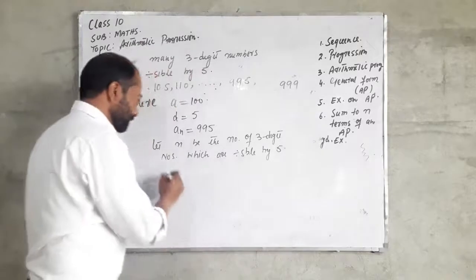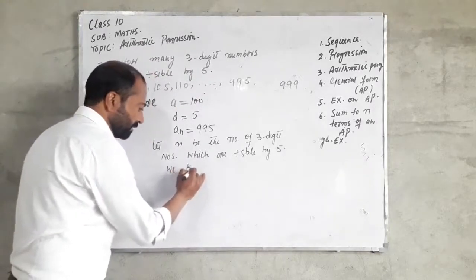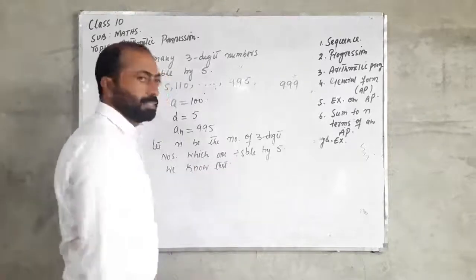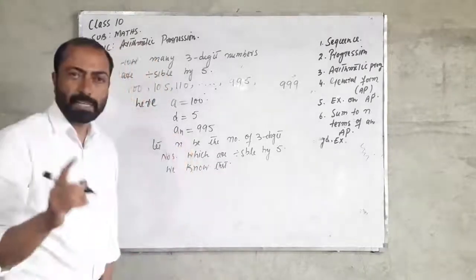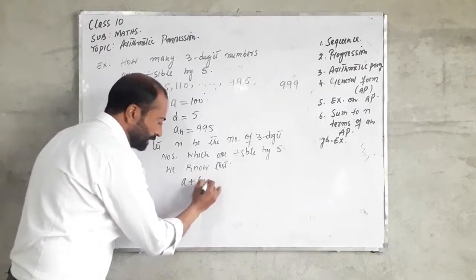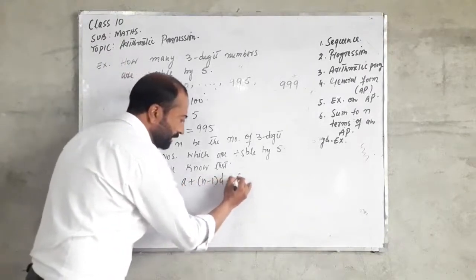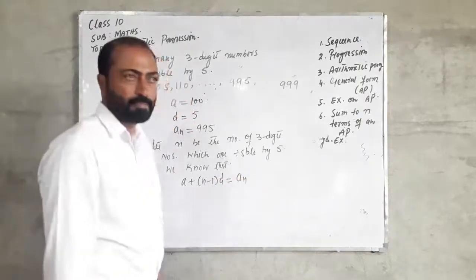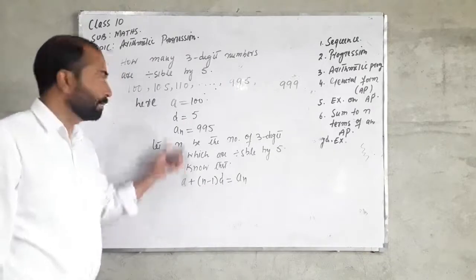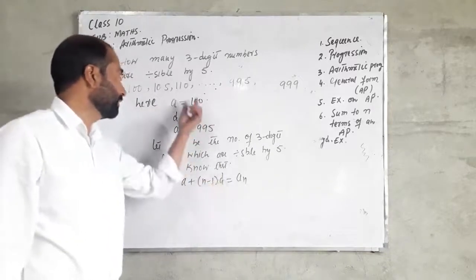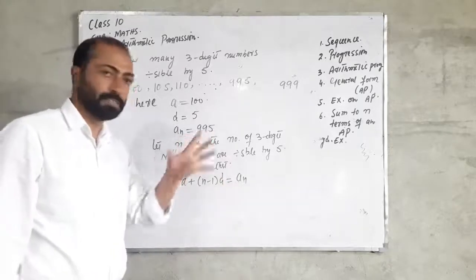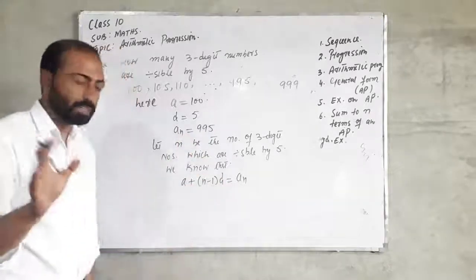We know that the nth term an of an arithmetic progression is given by a plus n minus 1 into d is equal to an. I need to determine this n. A is given, the first term of this AP is given, d, the common difference, is given, an, the nth term of this AP, is given. Simply you have to do one thing, replace